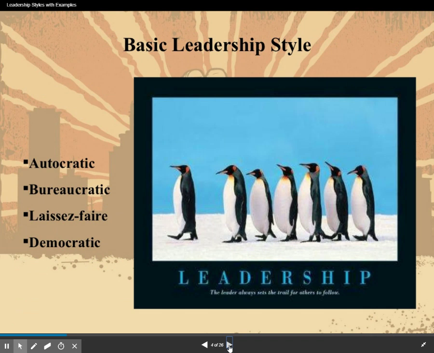So basic leadership styles, there are 4 basic leadership styles, and we're going to talk about each one of those: the autocratic, bureaucratic, laissez-faire, and democratic. And once again, we have to follow the leader in some way or another, and in different situations, it will determine what works best. You guys do a lot of group work in school, and when someone has to take charge of the group, sometimes they have different kinds of styles, and you'll be able to tell the difference as we go through this, based also on personalities that you know of people.